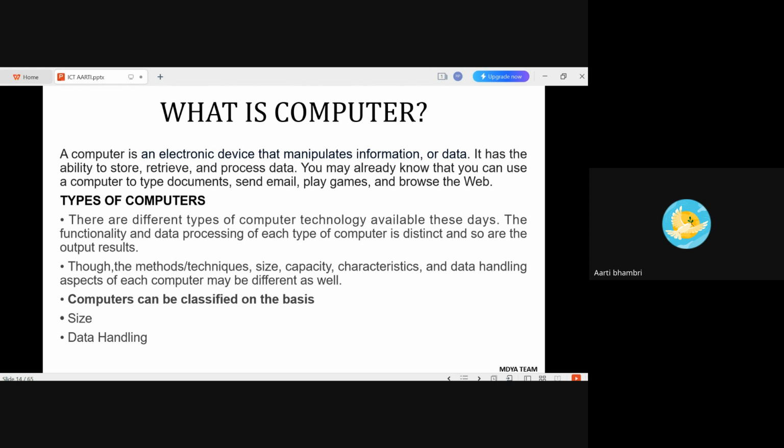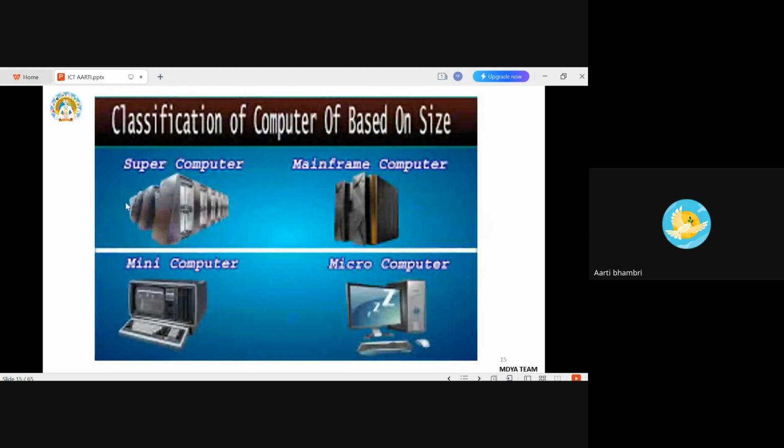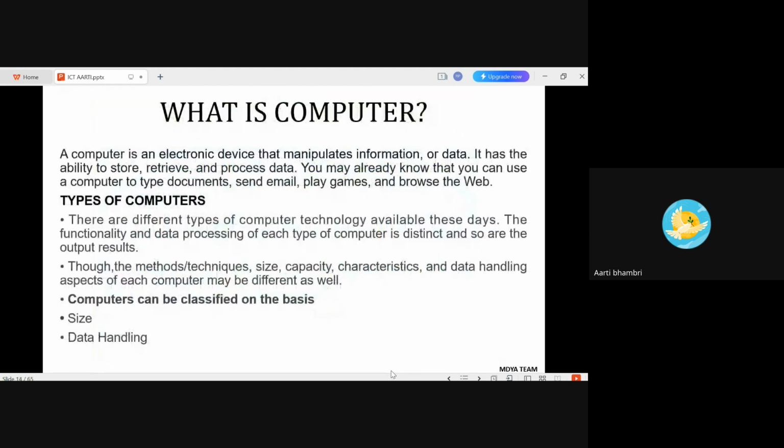First of all, I will tell you about some abbreviations and some full forms of some words. Okay, please note down, side by side. One second. Yes. What is a computer? First of all, we will discuss the computer's full form. Computer's full form is